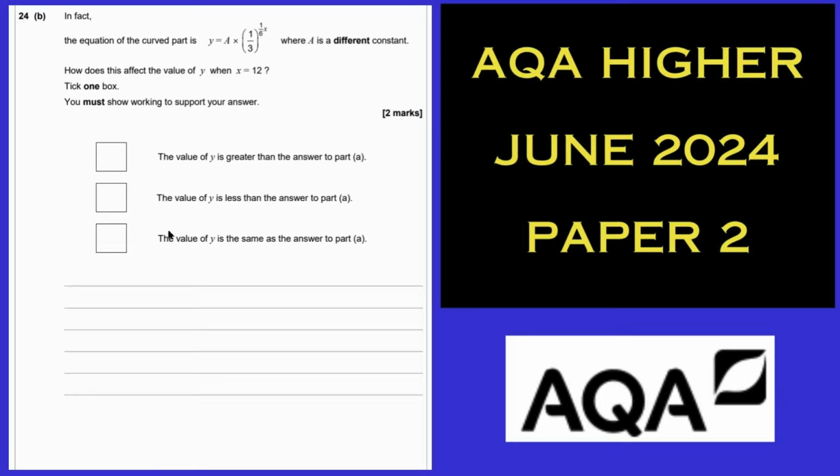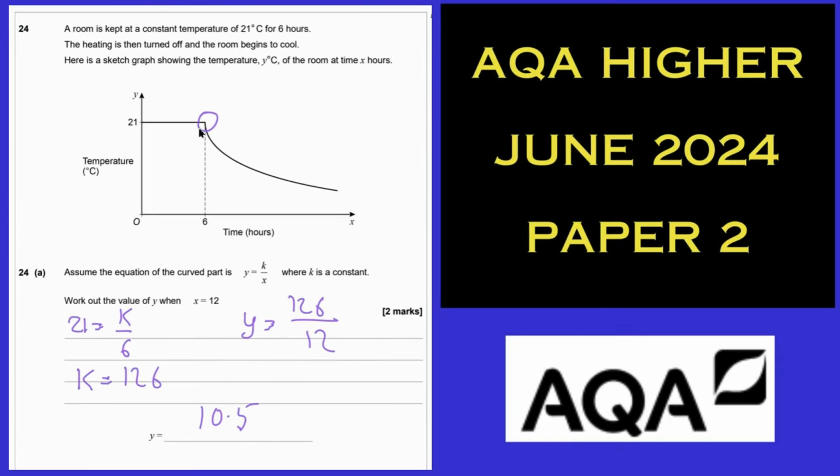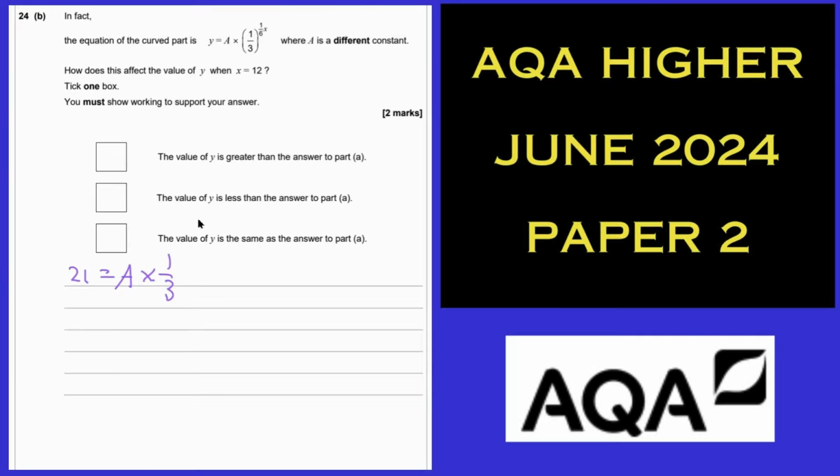You're into the penultimate question. It's not as straightforward as you might want it to be. The fact is, you've got a formula. Take your 21 and you've got a third to the power of 1/6 of x. Well, x is 6. 1/6 of 6 means power of 1. Well, you're there, aren't you? Basically, A is 63. As you do with proportion questions,